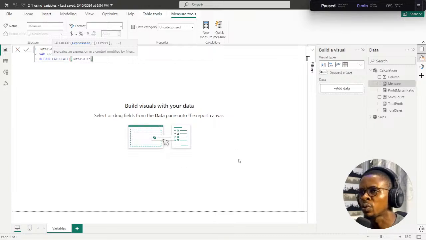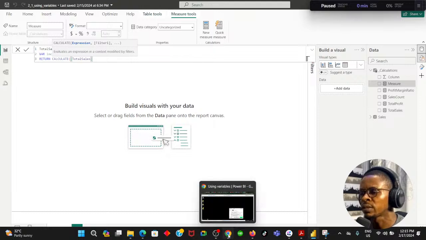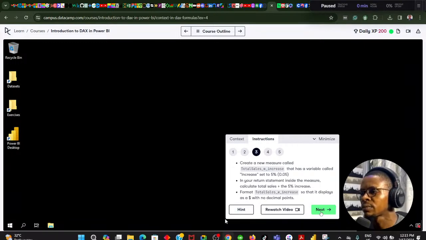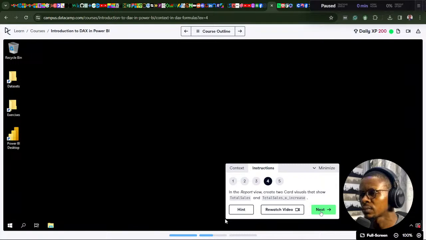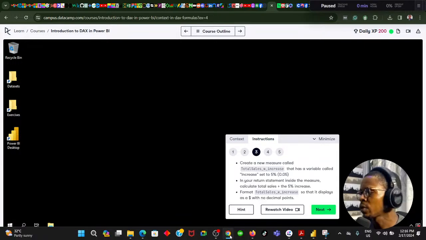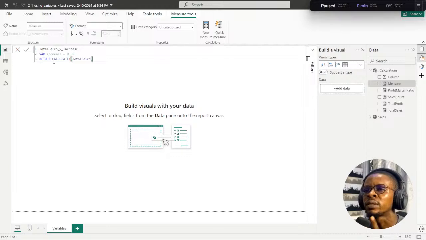Total sales plus 5%. Let me see if that makes sense. Total sales in your return statement inside the measure. Calculate total sales plus 5% increase. I think we are going to figure it out. Even though they've not covered that concept, now say return. So this is my variable increase equal to 0.05. So it now says return calculate total sales